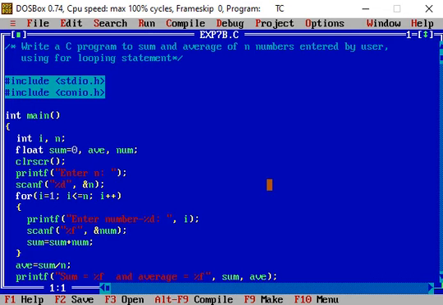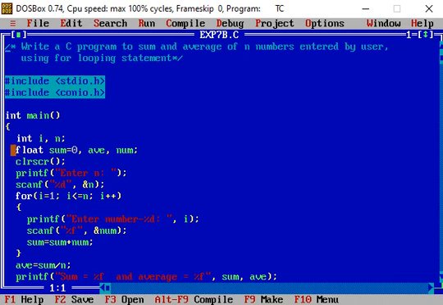So as usual, using the preprocessor directive hash include, we include the standard input output .h and conio.h header files in our program. Then the first statement of the main function defines two integer variables i and n.